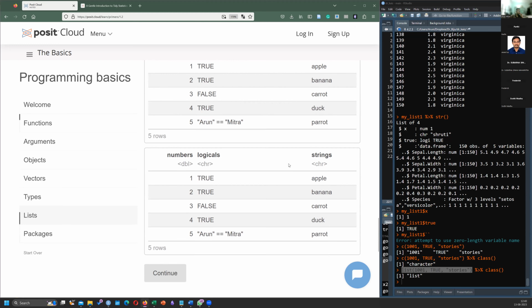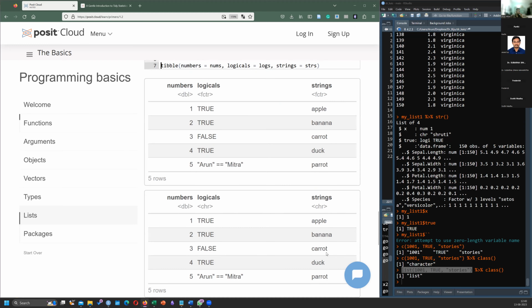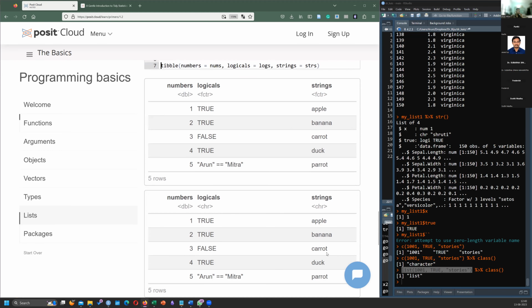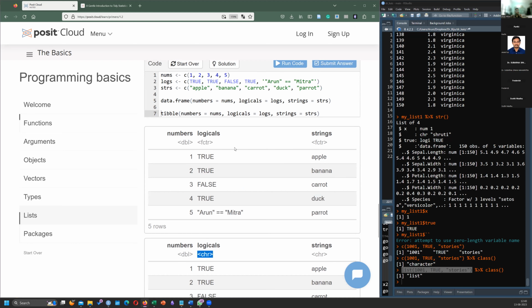Both of them are giving the same result. See, this is a factor. This is a character. So what actually happens is a data frame. See here also. This is a character. This is a factor.